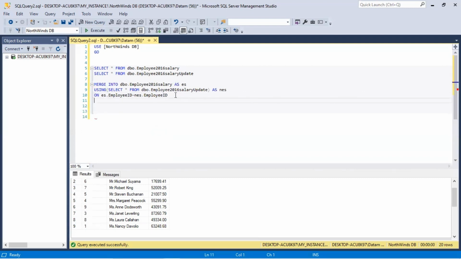On clause, we want to do when matched, then. So when it's matched, we want to update and set our ES.salary column to NES.salary column. And then when not matched, then insert,